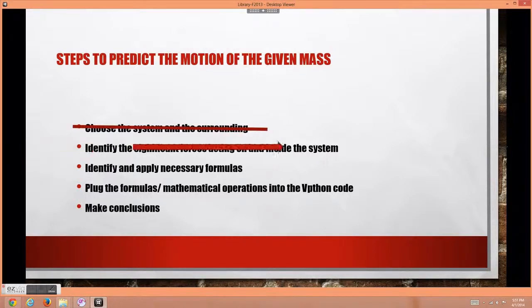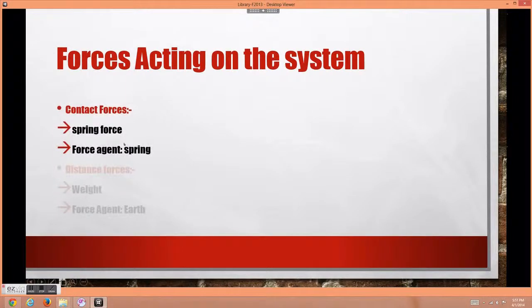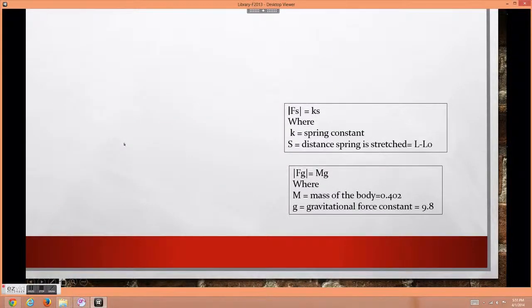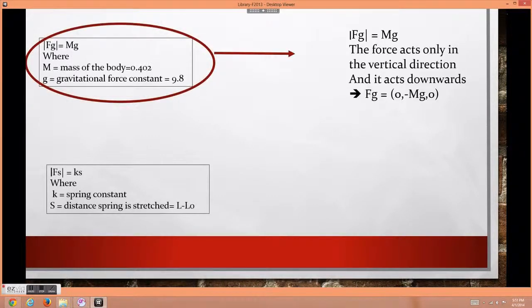We now identify the forces acting on the system. The contact force is the spring force and the distance force is the weight. The contact force, or the spring force, is equal to Ks, and the distance force, the gravitational force, is equal to mg. Mg only acts vertically downward, so it's given by 0, negative mg, and 0. Now the spring force is equal to